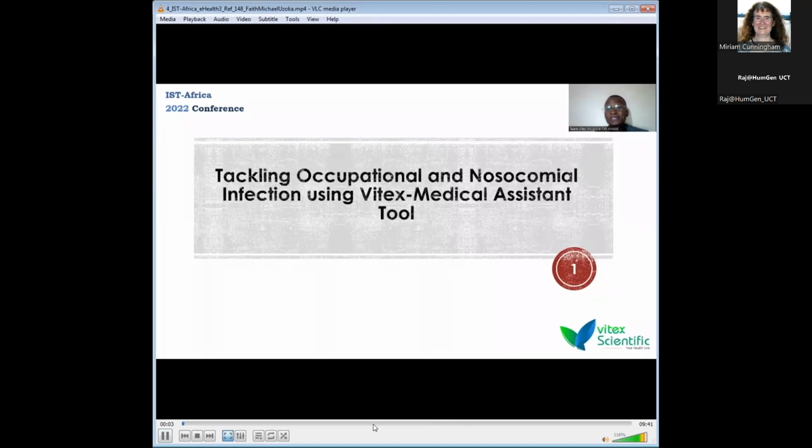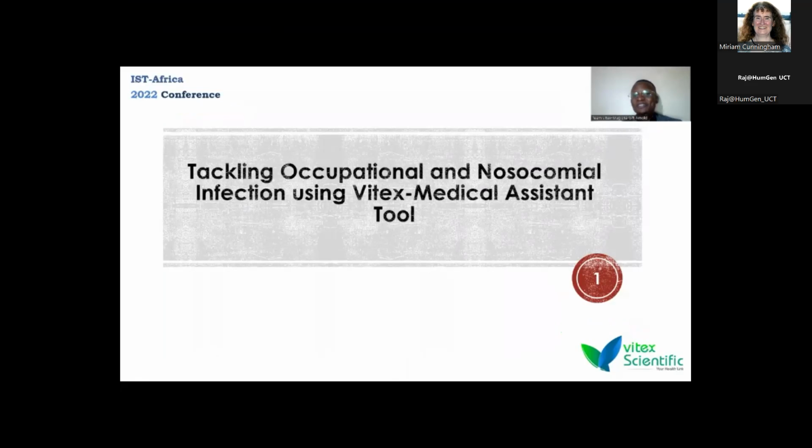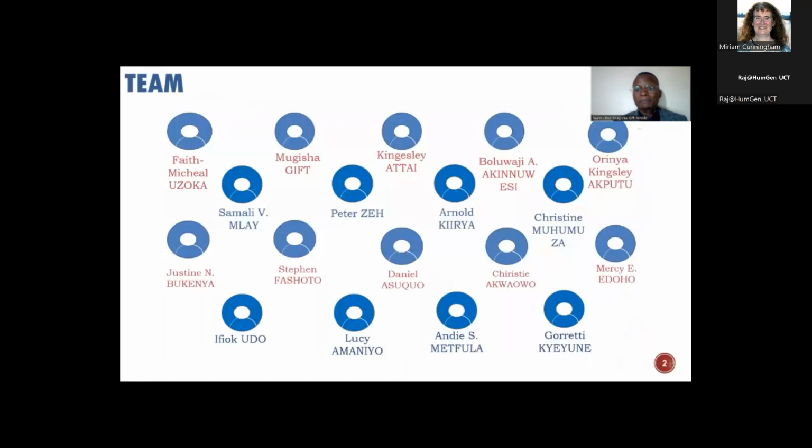Tackling occupational and nosocomial infection using Vitex-Medical assistant tool. Ladies and gentlemen, my name is Mugisha Gift Arnold. I'm a student and a co-presenter of the Vitex-Medical assistant tool. I feel so humbled presenting my team, headed by Professor Faith Michael Uzoka, a computer scientist at my Royal University, Mugisha Gift Arnold,